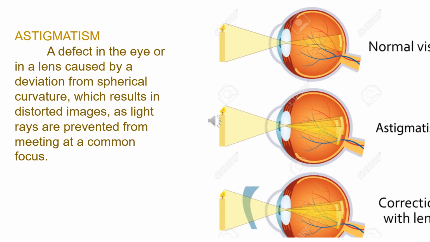Astigmatism is a special type of defect where the lens deviates the light rays and forms distorted images of the object. So it may be tilted, or it will not form in the proper position, so it will appear to be bent or something. This can usually be corrected with the help of laser surgery.